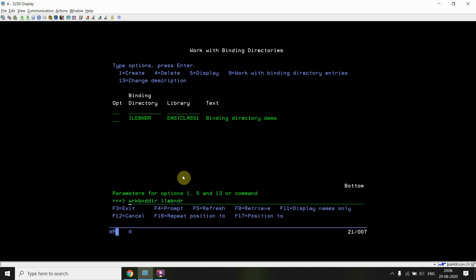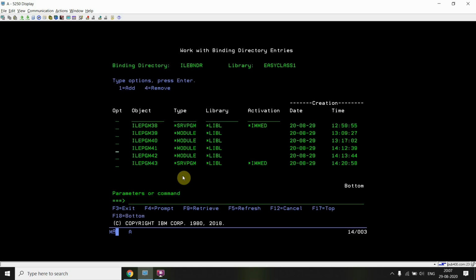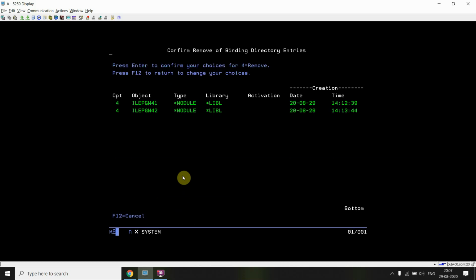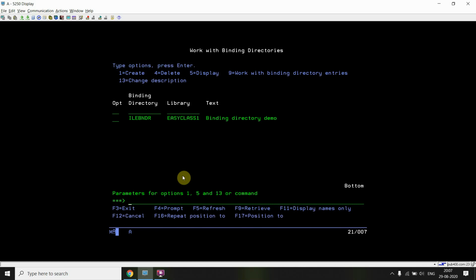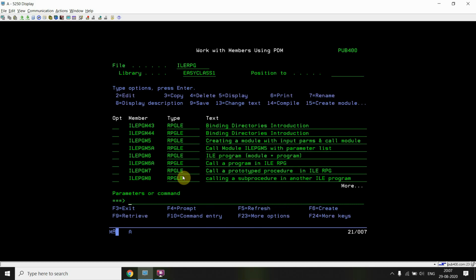I was checking whether we can go with duplicate definitions. No, that is not available in this case. So what I need to do is delete these entries, ILE PGM 41 and 42, because they are not needed now. Just create.